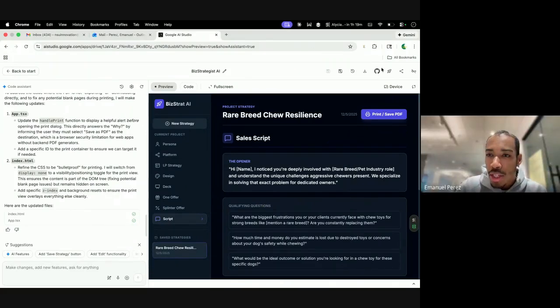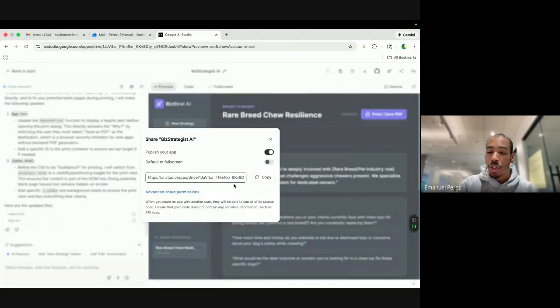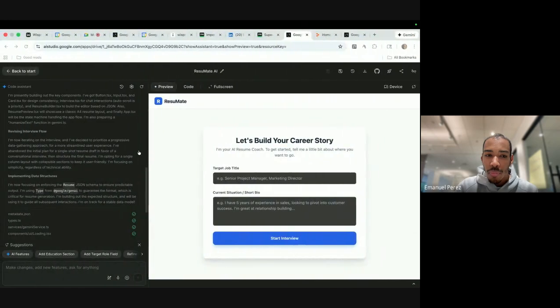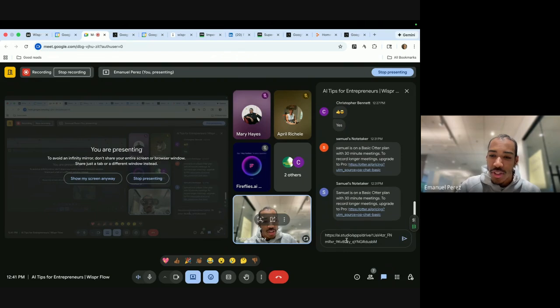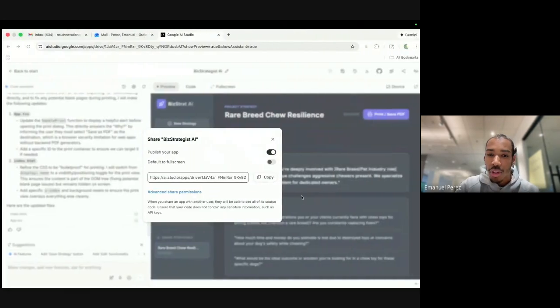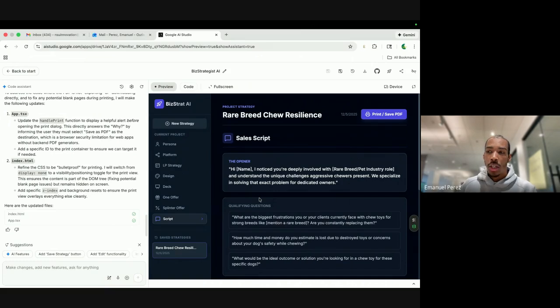Yeah. So what I'll do right now, I'll share the link. So we haven't fully deployed this app. We've only shared the app. So there's 2 ways to go about this in Google AI Studio. You can share the app. You'll want to make sure you have Google Drive connected, because if you don't connect it, it won't save it. So we'll copy this app, and then I'll find my 20 tabs where chat is. And you click on that, you'll have to sign in with a Google account if you're not already signed in. You'll be able to access the exact same screens that I accessed, and it'll be available to you.